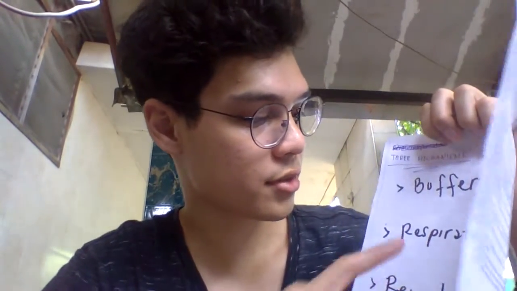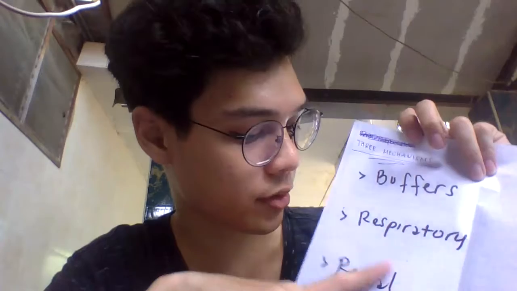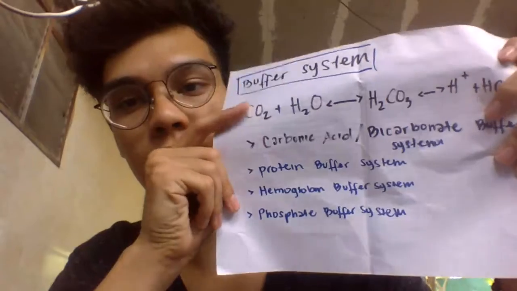what are the three mechanisms that our body uses in maintaining blood pH? What are the structures involved and how do they work? So there are three: buffers, respiratory compensation, and renal compensation. The buffer system. So what happens here? A buffer is basically